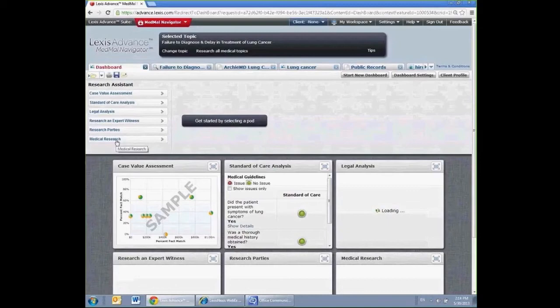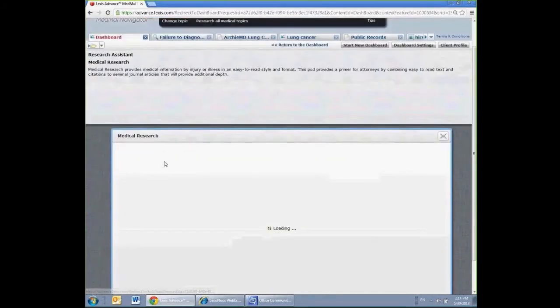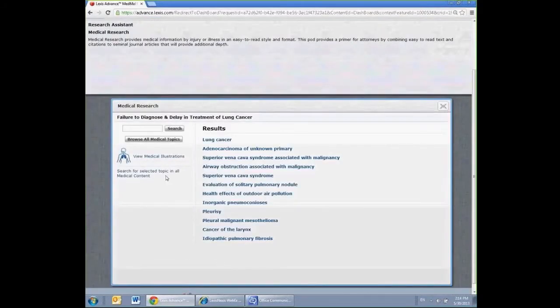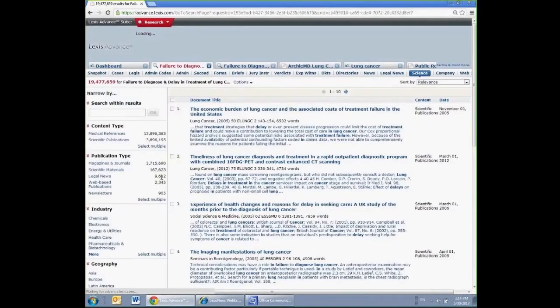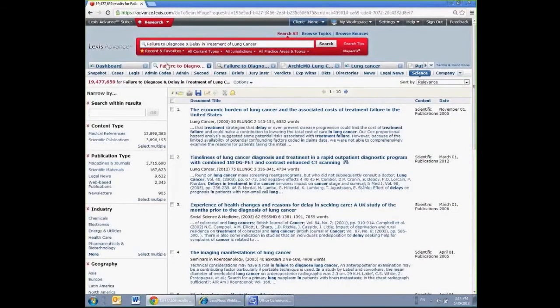If we go back to the dashboard here, the last aspect of the medical research is the full text journal articles. We saw an example of this in the standard of care analysis pod, but if we click on this link, search for selected topic in all medical content, it'll launch us into Lexis Advance under the Science tab, which is where we house over 1,600 full text journals from Elsevier Science,